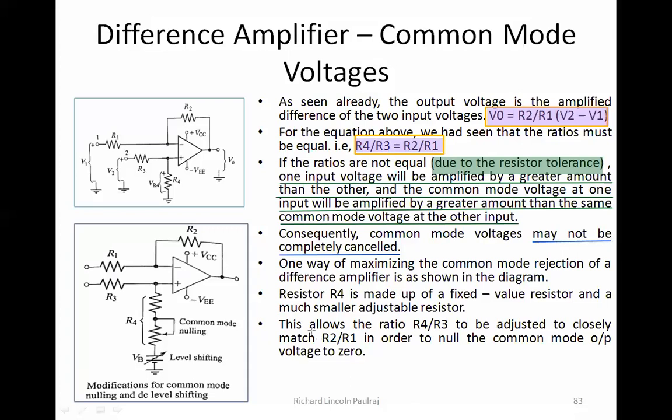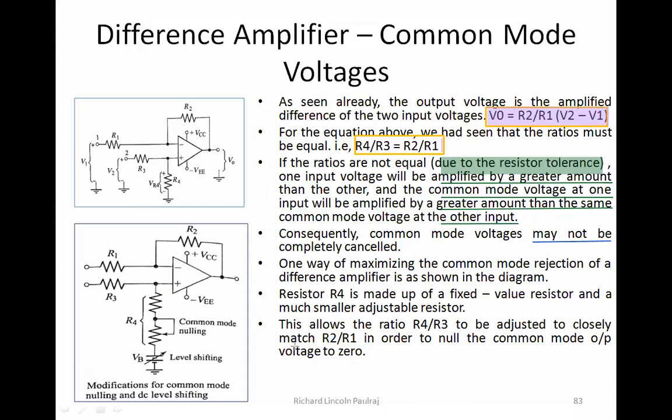Sir, is it referring to how we had cancelled R2 minus R1 and R2 minus R1 during the derivation? It is referring to the voltages here at my inverting and non-inverting terminals. Usually, plus or minus, they get cancelled out, right? But here, due to the difference in these voltages at the inverting and non-inverting terminals, they do not fully cancel. Say maybe plus 6 and minus 5. What is going to be the value?